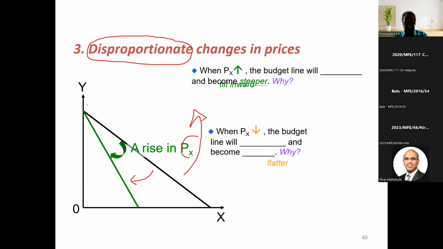Sometimes the price of Y also changes in a different proportion, and then the other axis also rotates. So you have to be aware of that. But the point is, if a disproportionate change happens, the rate of substitution also changes. That you have to understand. Now, with that, another few